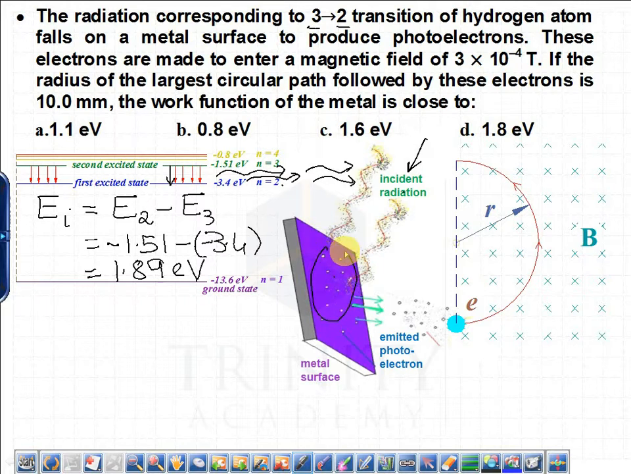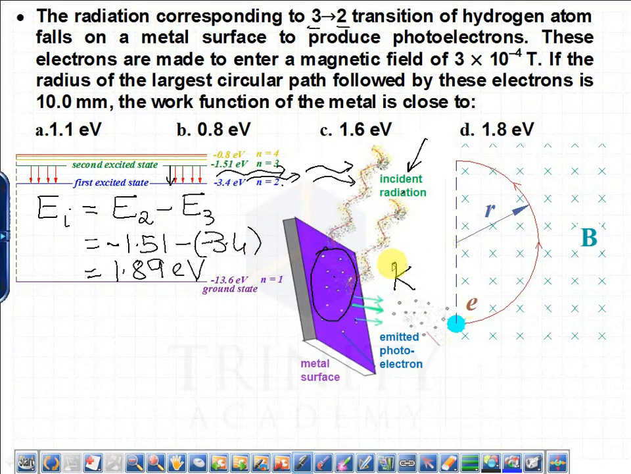When it falls on the metal surface, a part of this energy of incident radiation will be used up in overcoming the electron attraction of the orbital. So that we can say that that is equivalent to the work function. The remaining energy which is left will be taken up by the electron and it will be ejected from the metal surface. That ejected electron will be known as photoelectron. So let us say that